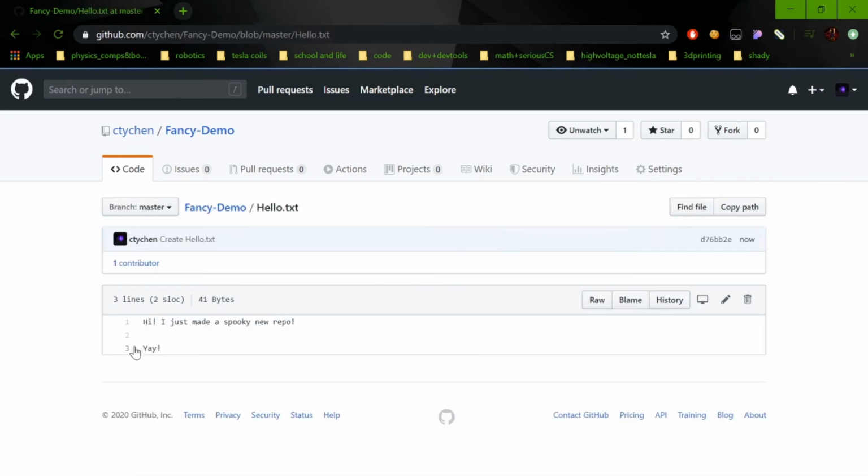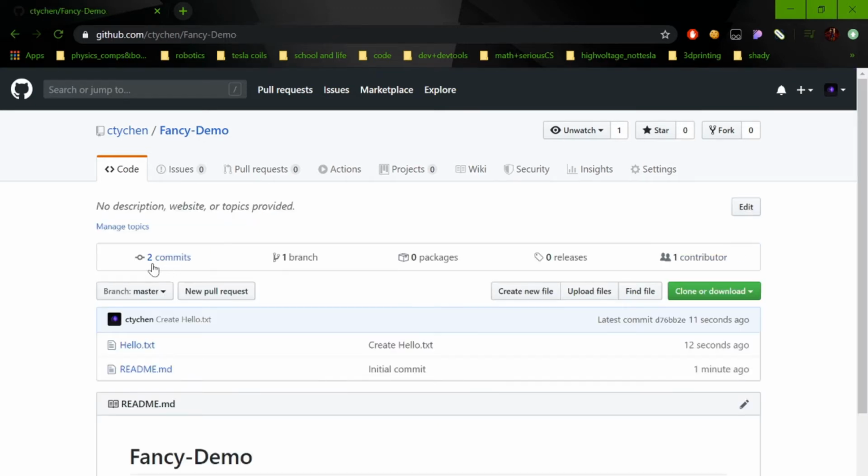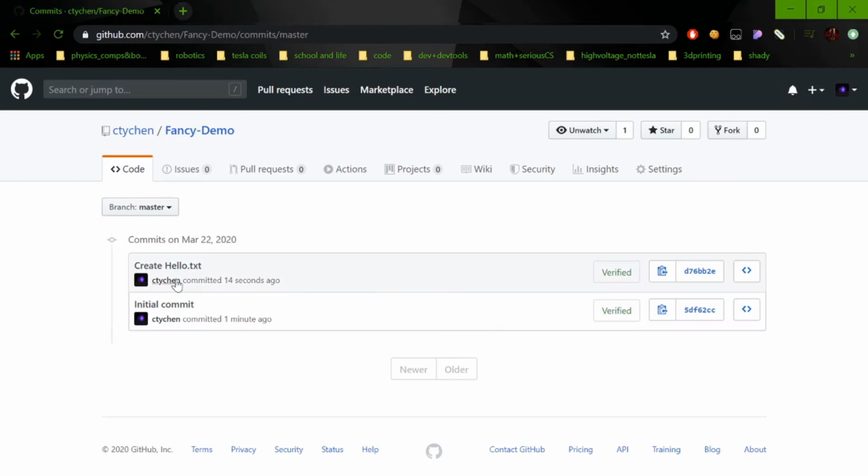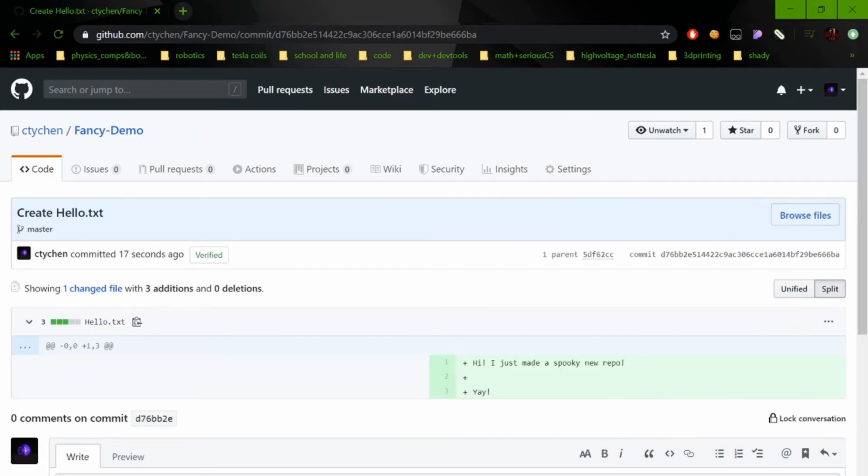So if I click on hello.txt, it shows the changes, the lines I just added, and that's cool. If I go to commits, I click on this, and you might notice that there's this really long chain of letters and numbers, and you might be wondering what that means. Well, if you go look at the URL right here, you may notice that this and this are actually the same thing, and every single commit that you make